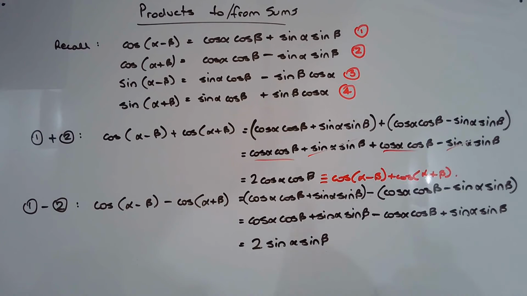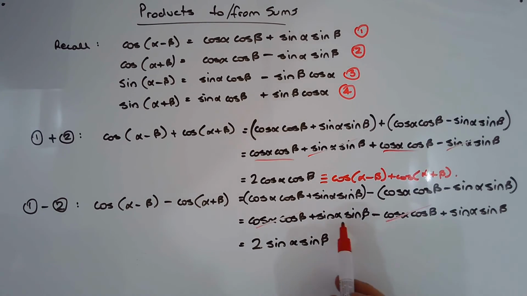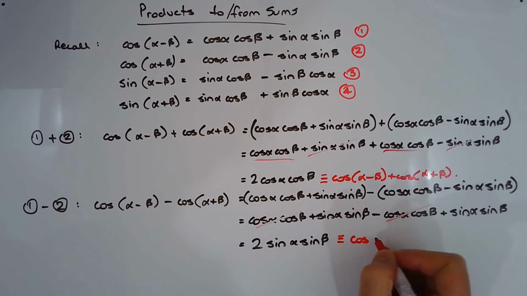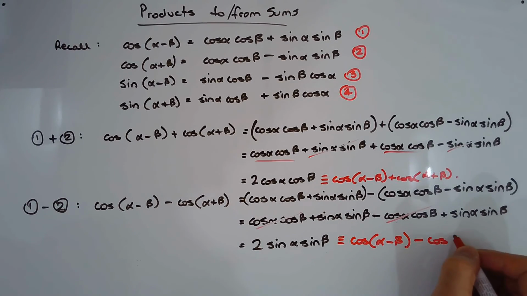So a couple of things will cancel: we've got cos alpha cos beta, those two things will cancel out, but then we end up with 2 lots of sine alpha sine beta. There's 2 of those, so that's equal to 2 sine alpha sine beta. So that's just writing it again, that's the equivalent to cos of alpha minus beta minus cos of